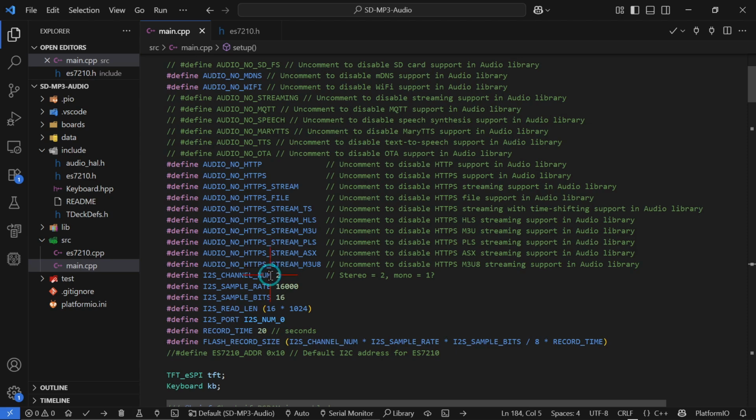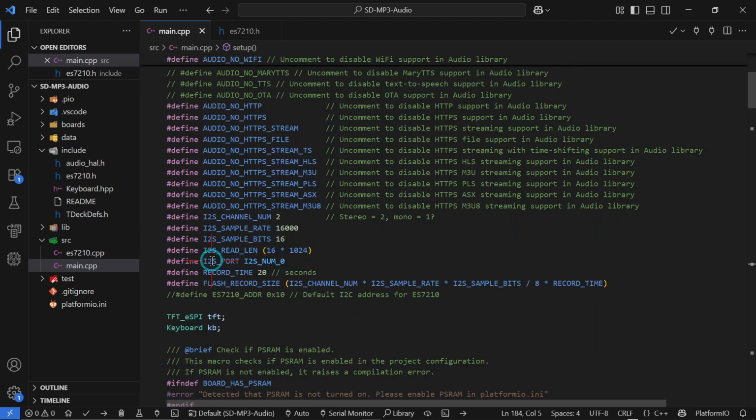We got 2 channels, stereo, in other words. Sample rate's 1600, bits is 16. We have the I2S port is actually 0. The record time 20 seconds. We're not actually using that. I believe that's for if you're going to be recording. And there was also a define for